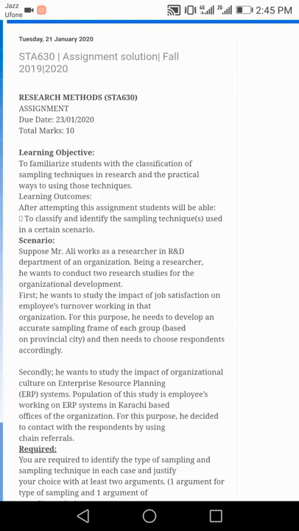First he wants to study the impact of job satisfaction on employees' turnover working in that organization. For this purpose he needs to develop an accurate sampling frame of each group based on provinciality, and then needs to choose respondents